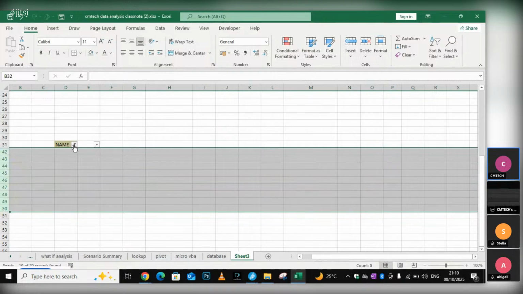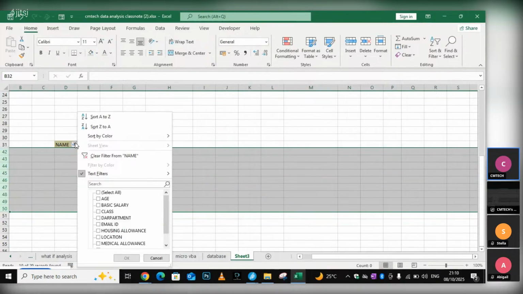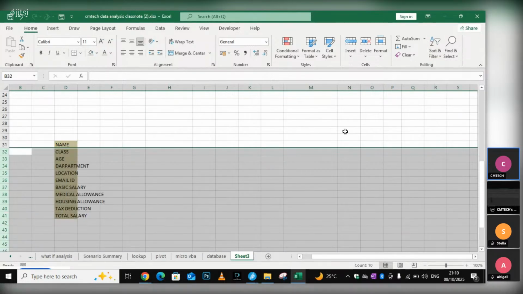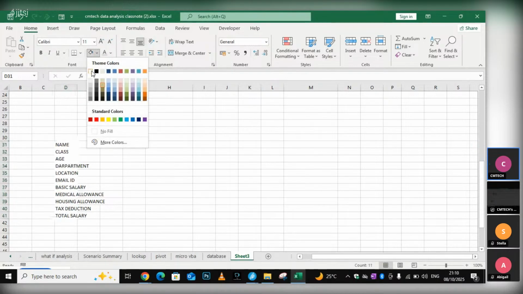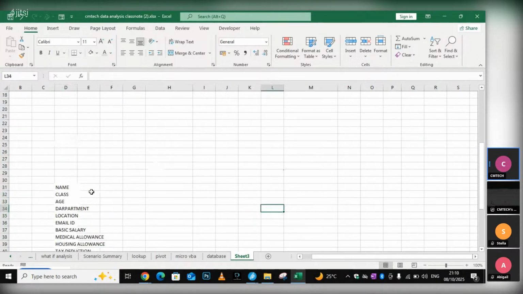Now let's remove our filter. Good. We are going to remove our color. We don't want this color. Now since we have gotten what we want,